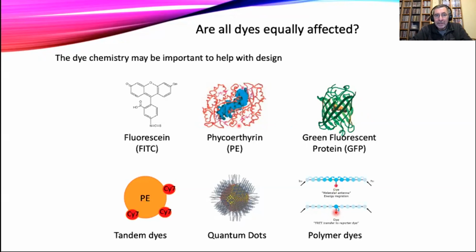Anything that affects PE will also affect any of the tandem dyes as well. Remember, the tandem dyes are a combination of the donor, PE in this case, and Cy7, which is the acceptor dye in this PE Cy7 example here. Because those two dyes are very close together, anything that changes the structure so they're further apart can change the